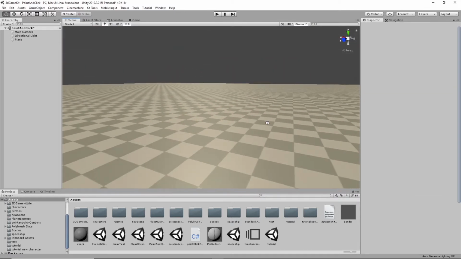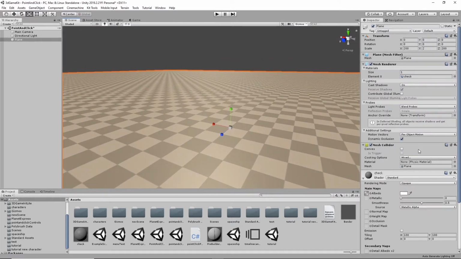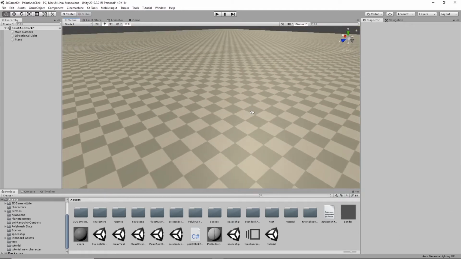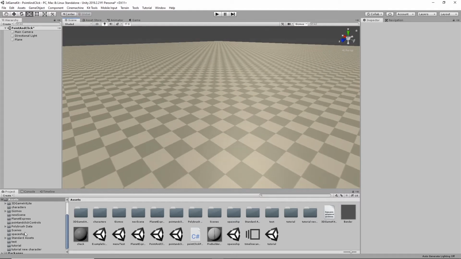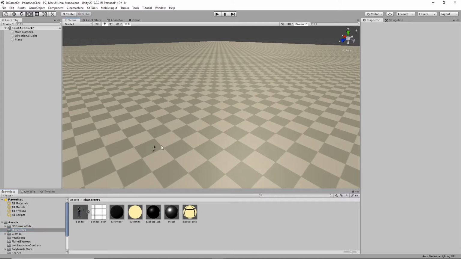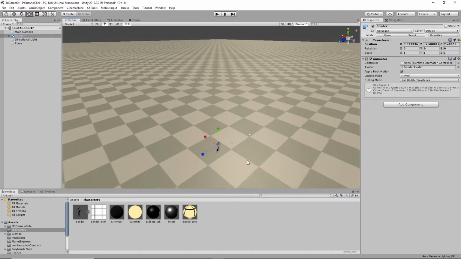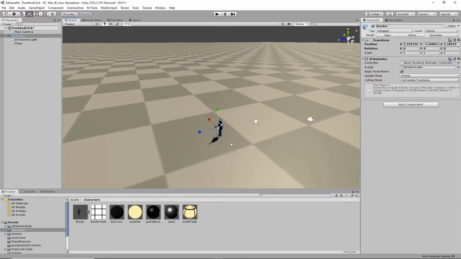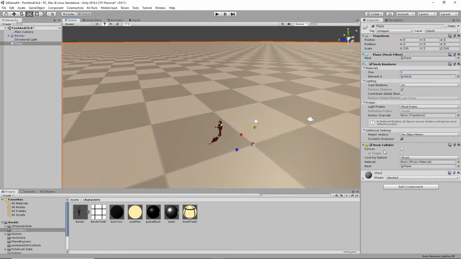So now we have this plane. It has a mesh collider and a material. Let's go ahead and put our Bender character on it right here. So you can tell it's a huge plane. Actually, I was wrong about the scale. Or am I wrong about his scale? Pretty sure he's 2 meters tall. So the scale here, let me add a